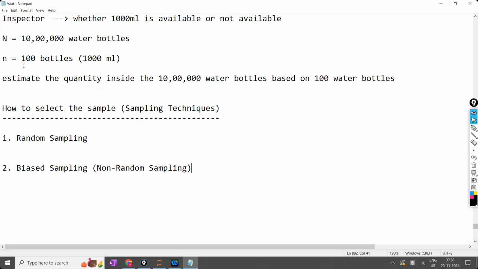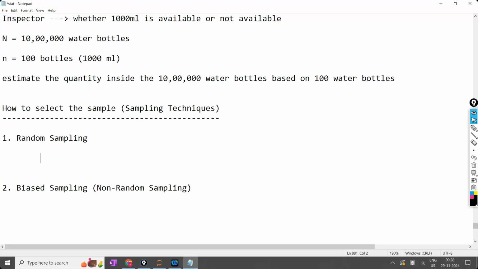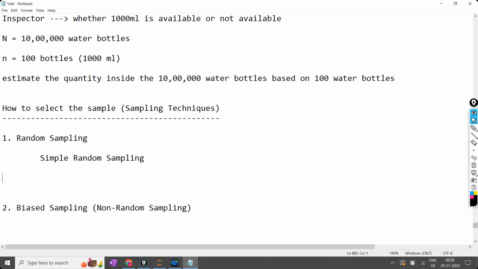Within random sampling, again, we have one more called simple random sampling. Simple random sampling means you are going to select as per your choice. Simple as that. The second one is called proportionate random sampling. Proportionate random sampling is also called stratified